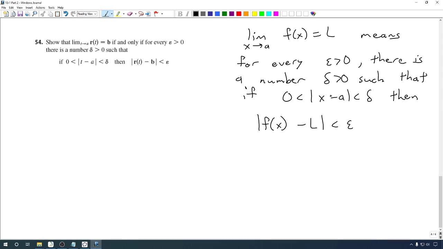Or in other words, if we allow x to get close to a, then f of x gets close to